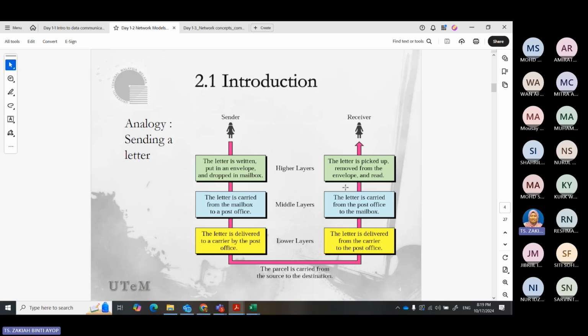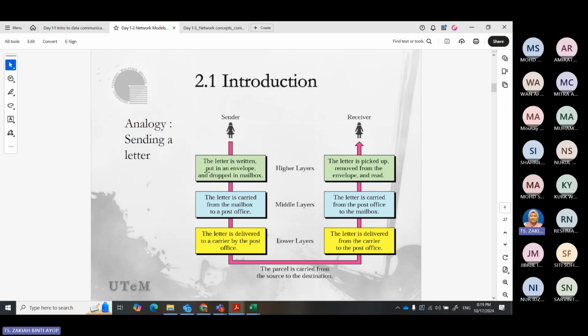For example, for this letter, we go layer by layer, like steps. The letter is written, put in an envelope, and then dropped in the mailbox. This is like the application, the end user.